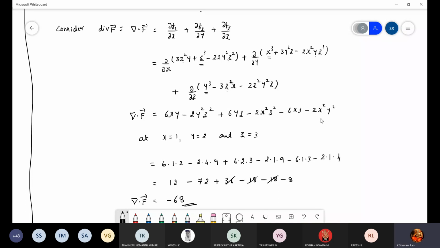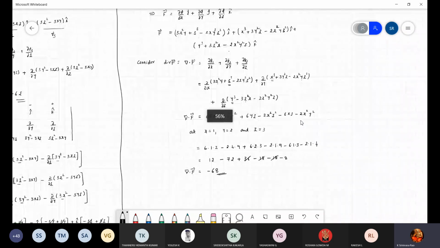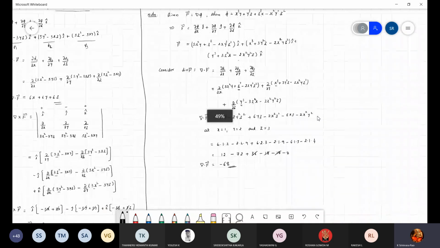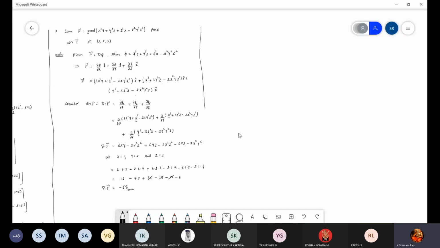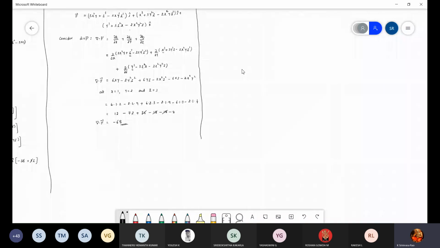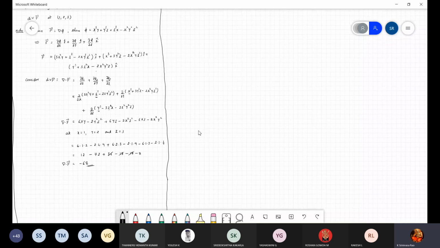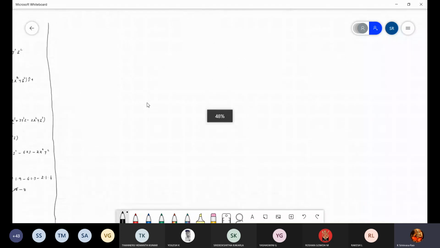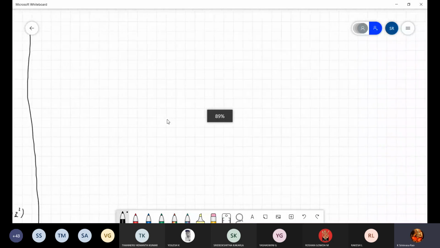Simplification is left to you, so I will not restrict you to do it in the same way. Just learn the procedure, then mathematics becomes very simple. Learn the procedure, not the problem. The problem they may give in any way, so you should learn the procedure. Calculation of div f and curl f requires f. How will they give f? If it is given directly, you consider it. Otherwise, you find out f and substitute in the formula.